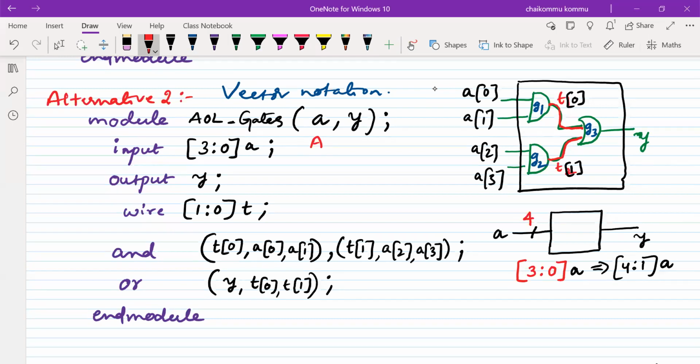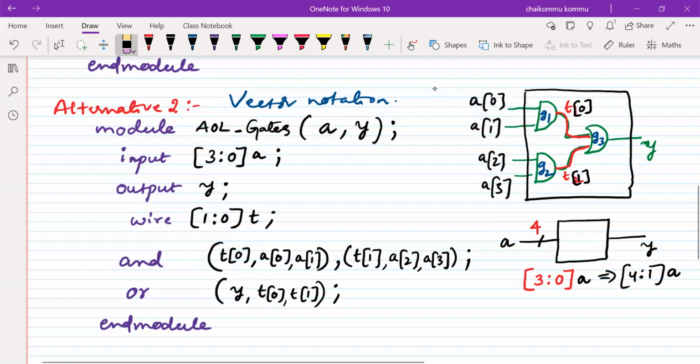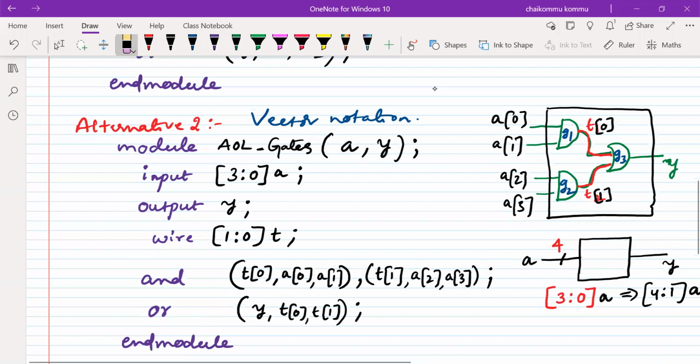So to avoid that, it is better to use lowercase letters in almost all programs. Please identify these things. Don't forget.